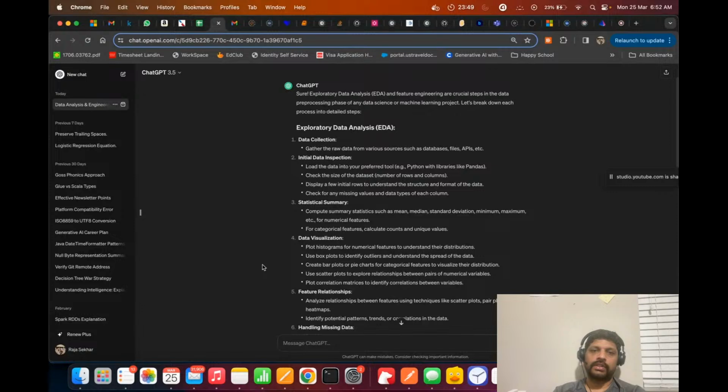And data visualization. Even though these two or three steps sound easy, the challenge with those steps is that it depends on the data, right? It could be a huge amount of data. So at times we may not be able to load that particular data into our session. So we might not take the whole data into consideration. We'll take a subset of data and do all this analysis.